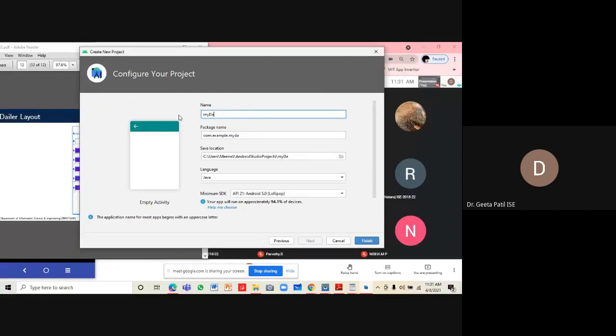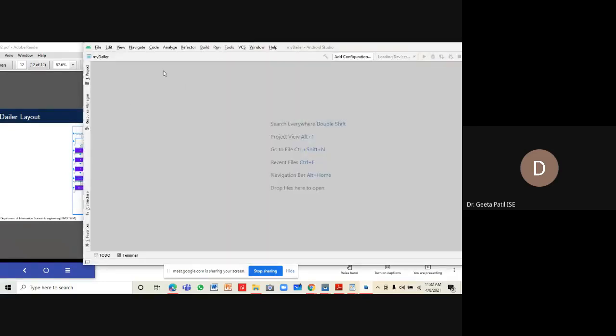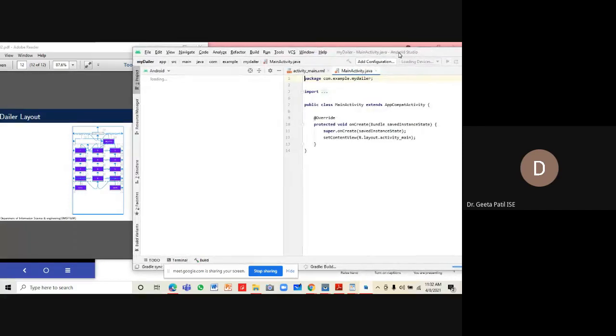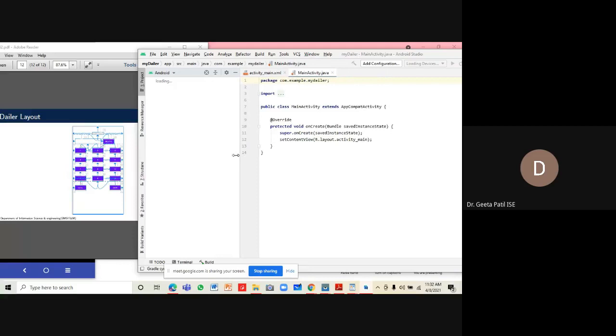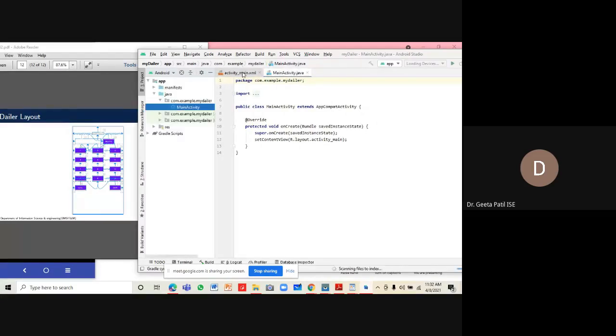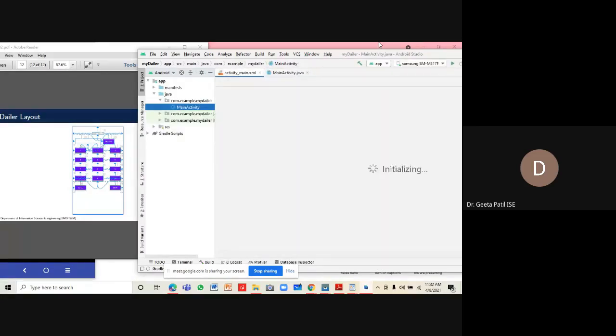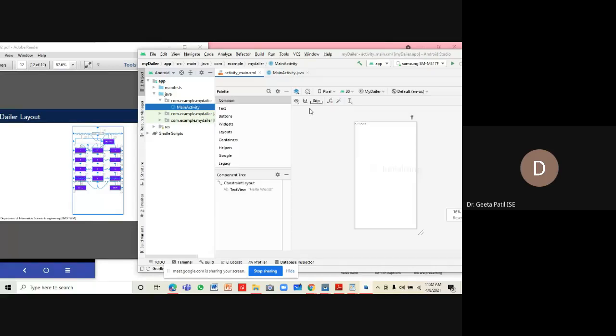Say it is my dialer. Save it. It's getting loaded. Okay. Hello world default label, I'm just deleting it. We have buttons.